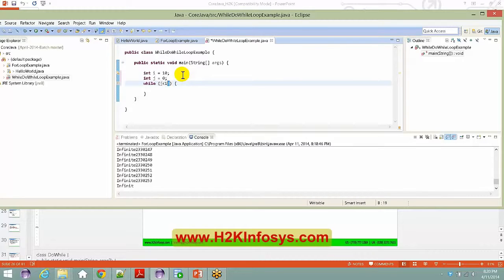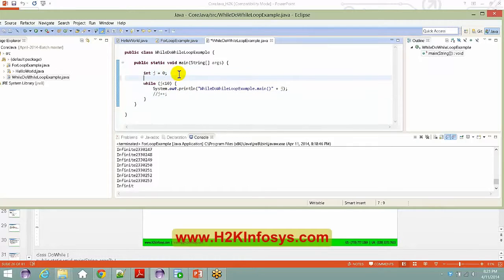Okay, let me just take this as less than 10. Just print System.out.println plus j. Okay, and let me just say j plus plus, because if I do not use this,